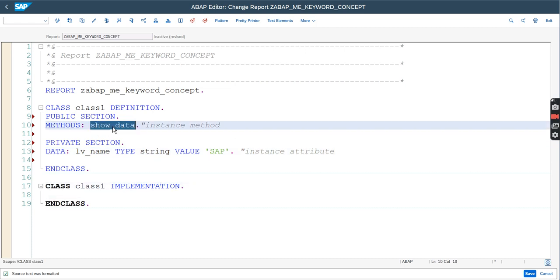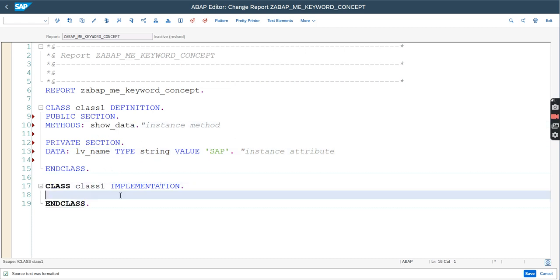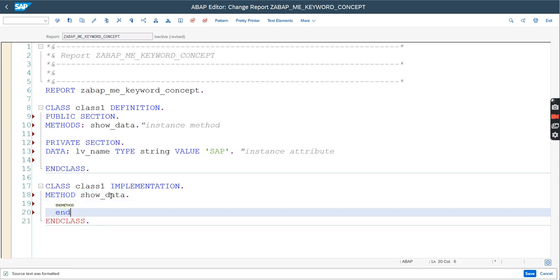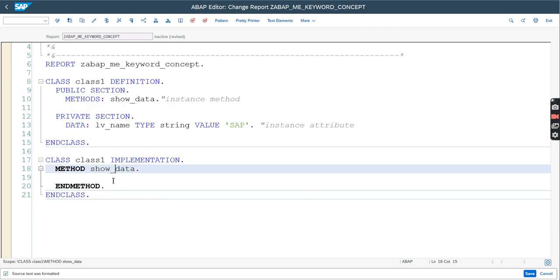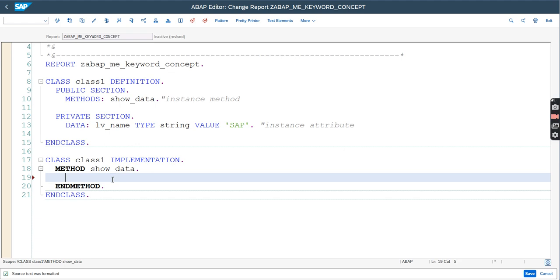Now for this class, we need to define its implementation, right? So how do you do that? Go to your class implementation, write the keyword method, your method name, and end method. That's it. Inside this method I'm going to write one write statement, and in this write statement I'm saying value of lv underscore name is